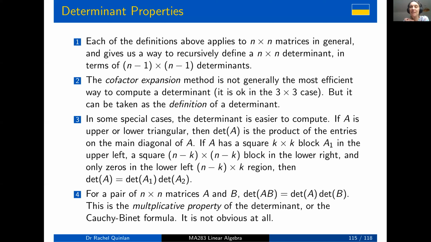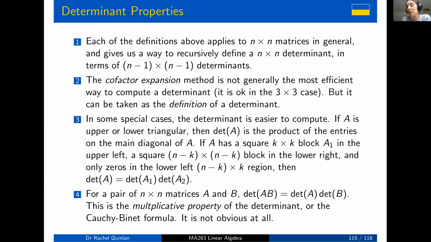Okay, a lower triangular matrix is the transpose of an upper triangular matrix. So it's got 0 entries in the upper triangular area above the main diagonal and potentially non-zero entries on and below the main diagonal. So its determinant also is a product of entries on its main diagonal. If a matrix is diagonal, which means it has no non-zero entries at all, except possibly on its main diagonal,